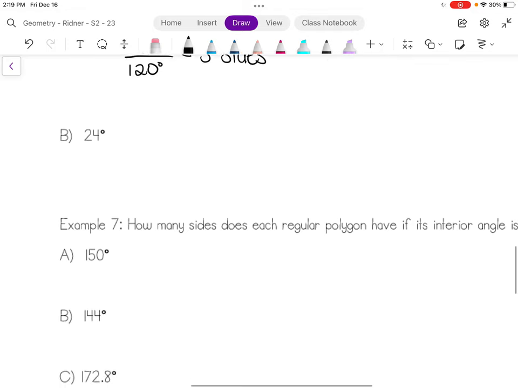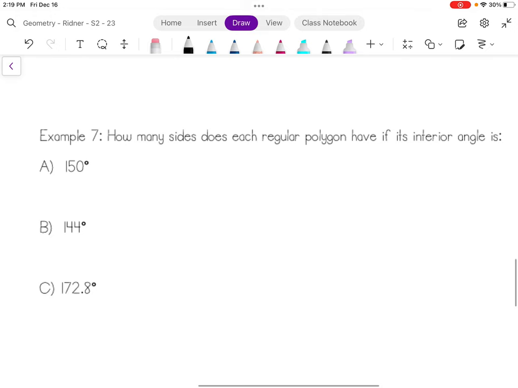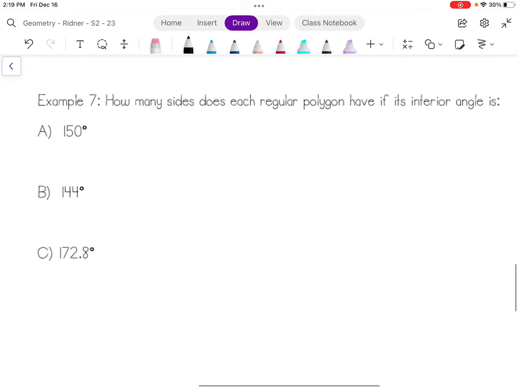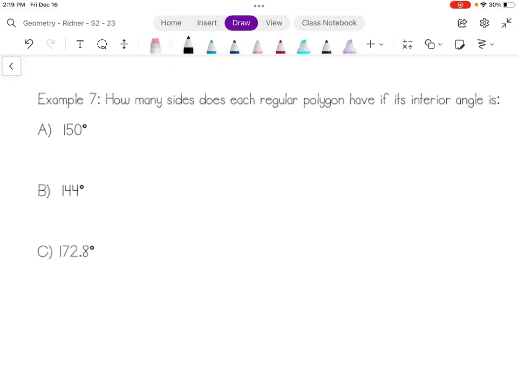All right, so you try B. It's that simple. I'm only going to do one of these, but I will have the math worked out for all 3 of them in OneNote. I highly encourage you to try a couple of these because this is the most amount of work for any problem. Okay, so how many sides does the regular polygon have if its interior angles is 150? So if I did 150 degrees plus another 150 degrees plus another 150 degrees, and I kept doing that, how many sides would my